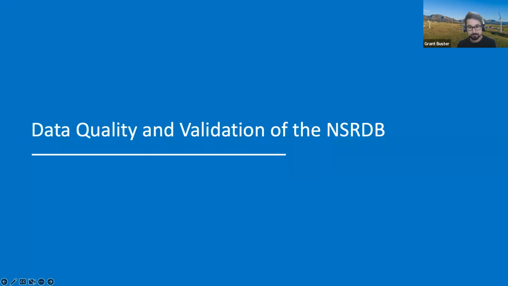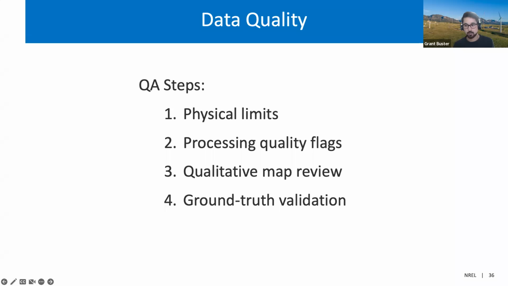Next slide. So I'm going to quickly talk about some of the data quality and validation that we've been doing to improve the quality of our data. Next slide. The full NSRDB is around 200 terabytes of data or something crazy like that now. It's really hard to QA all 200 terabytes of data. You can't QA every datum literally, but we've been trying to improve on our quality metrics, and this is the current practice that we go through.